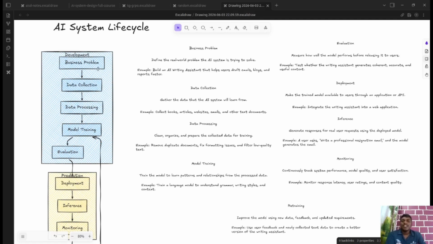So coming to the first step, basically the business problem. Any system, AI system or not, is always designed to solve a particular business problem. For example, why was the database introduced? It was to store financial records. Similarly, these are the kinds of business problems for which we design systems. So a thorough understanding of the business problem is a must. This will be the base case for any system.